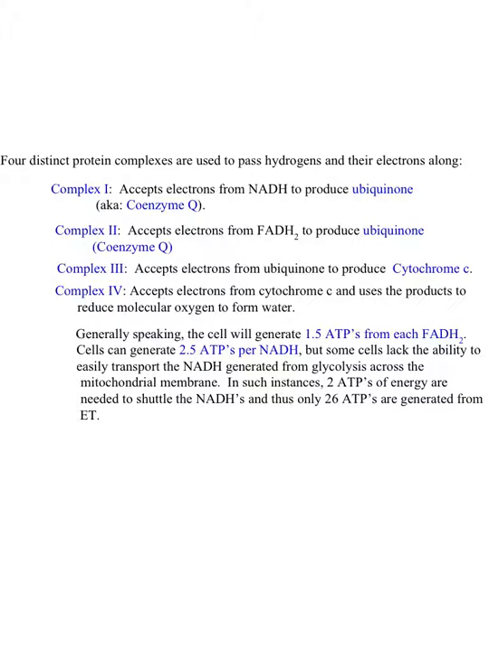Well, complex 3 is going to accept those electrons from both ubiquinone products to produce an intermediate product, cytochrome C. And this gets fed into complex number 4, and it's going to use those products to help oxygen join with the hydrogen. So I don't think this process is as important as seeing ATP synthesis, so we're going to look at that. But before we do,